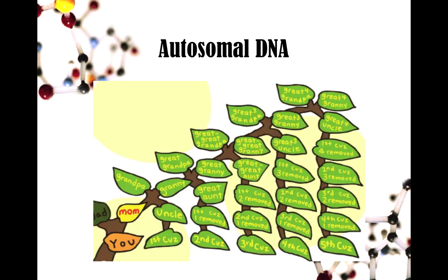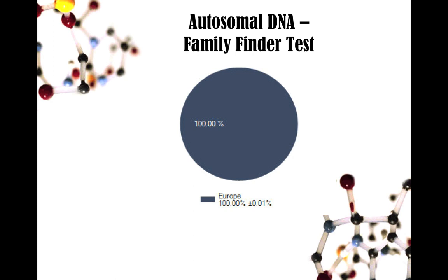Now, autosomal DNA, as I mentioned earlier, covers all lines back to about the 5th cousin level. You get several things from the autosomal DNA test, and they have it over there for 60 pounds. This is my brother. Even though siblings inherit 50% of their DNA from each parent, they don't inherit an exact 50%. I didn't get 50% of my mother's ancestry and 50% of my father's. I could have gotten 70% of my mother's and 30% of my father's, that kind of thing. And the reason I know this is because my brother shows up as 100% European, but